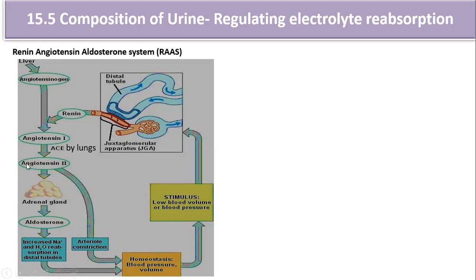So angiotensin 2 acts on the adrenal cortex to release aldosterone. Aldosterone acts on the distal part of the renal tubule, where there will be absorption of salt, like sodium ions. When there is absorption of salt, there will be reabsorption of water as well, and